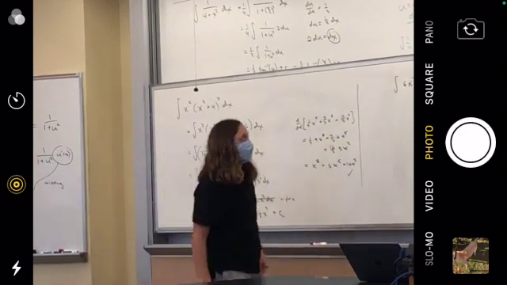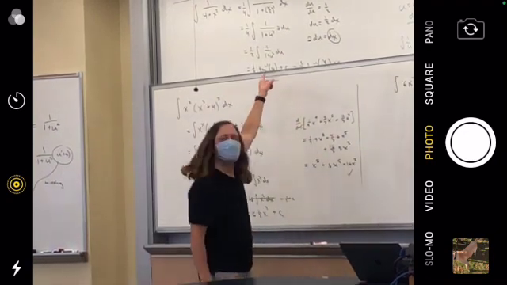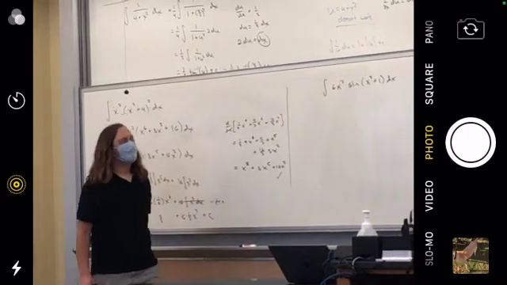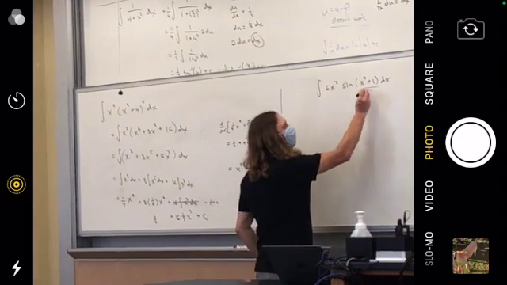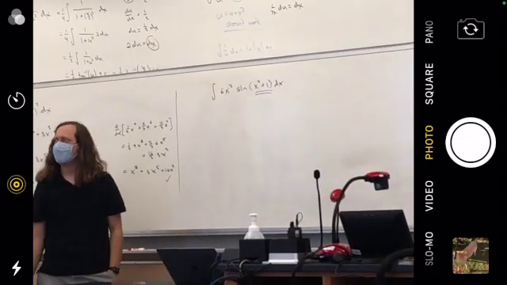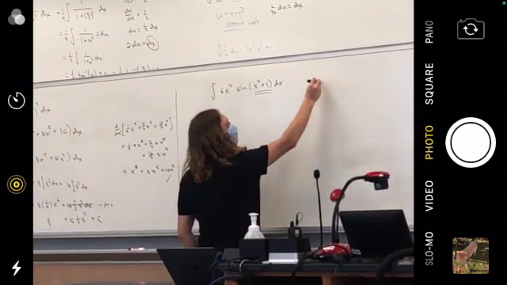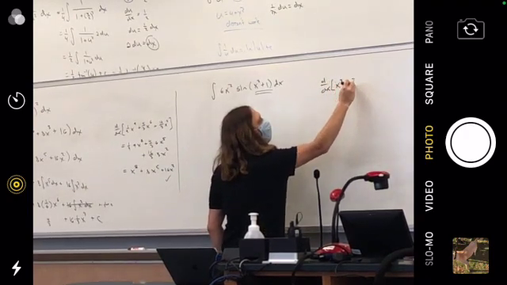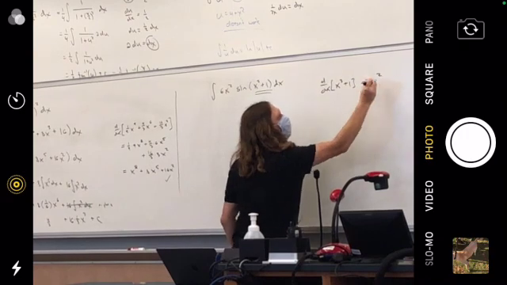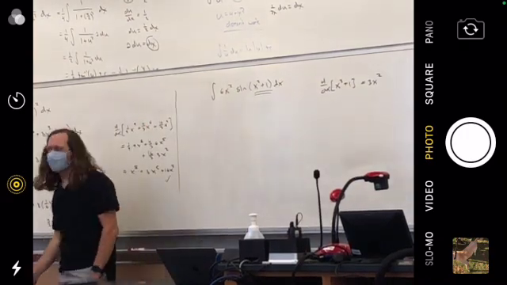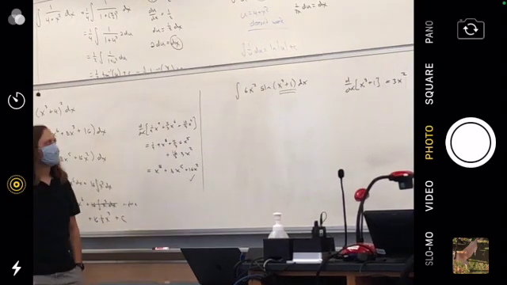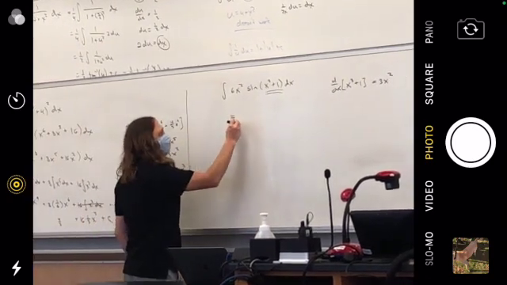So this one, here it was subtle, where I had an inside function, which is why I wanted to spend a lot of time on that example. Here, when you see this part, you think that has to be an inside function. So then what is the derivative of x cubed plus 1? 3x squared. Does that look anything like what's sitting there? I mean, if you divide the 6x squared by 2, but then take the 2 out,